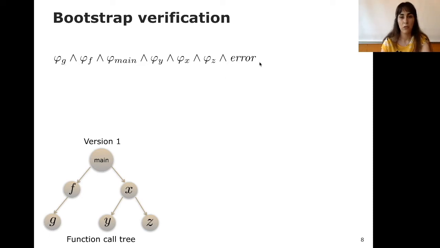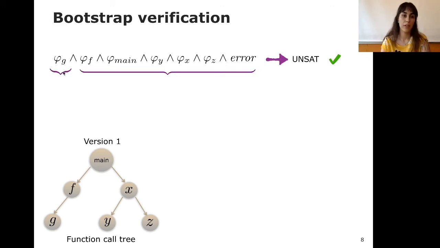So we pass this formula to the SMT solver, and if the result happens to be unsat, we will have a proof of unsatisfiability. Therefore, we can interpolate over different fragments of this formula. Let's say we partition the formula in two parts. The first part will be A, which corresponds to function G, and the rest of the formula will be the rest of the program. And for the resulting interpolant, we can get a summary corresponding to the function G